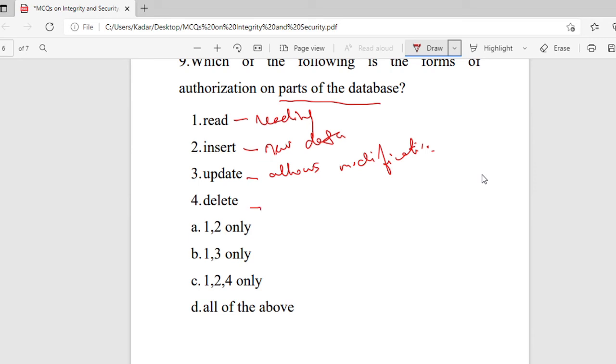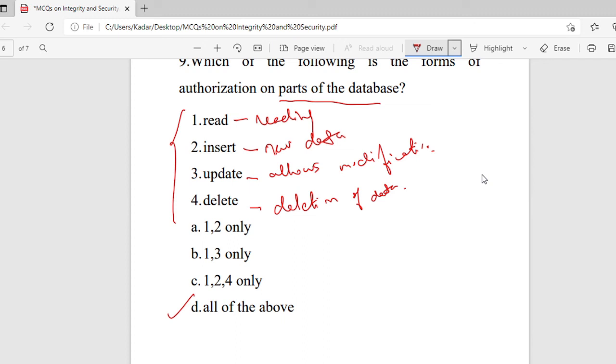This one allows the deletion of data. So these four types of authorization are the categories of forms of authorization on parts of the database. So the right answer is all of the above.